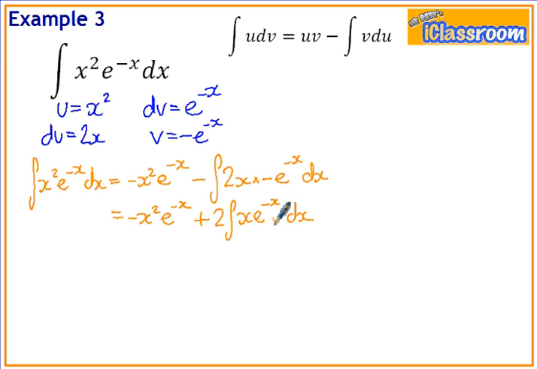However, we can just apply our integration by parts again, and that is to say that this time u is going to be equal to x, and in this case dv is equal to e to the minus x, and run through the whole process for the second time. So now our integral becomes 2 lots of